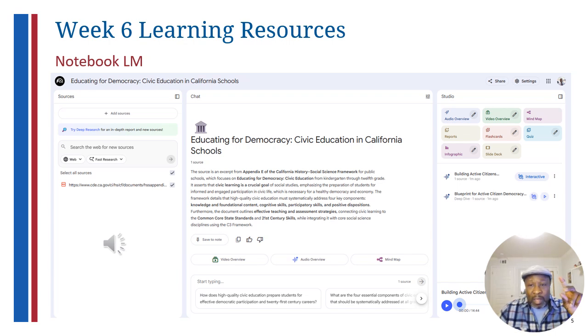So it's really designed for you to be able to upload your own documents and take a deeper dive into those. It supports a lot of different source files: Google Docs, Word docs, Google Slides, PDFs. You can upload a URL, text. You can copy and paste text. You can upload links to YouTube videos or even audio files, and it will do all those things that you see on the screen there.